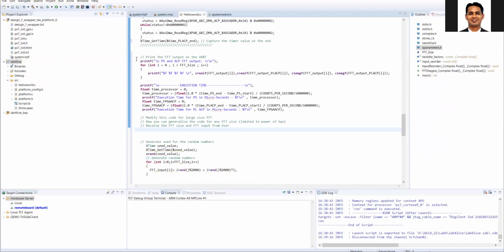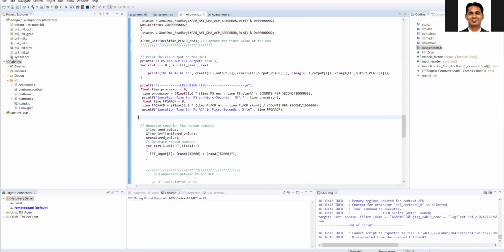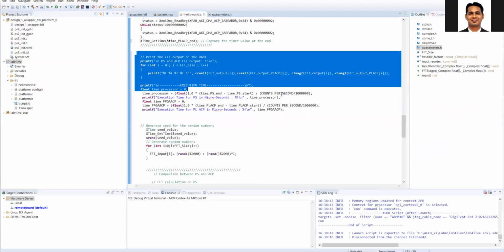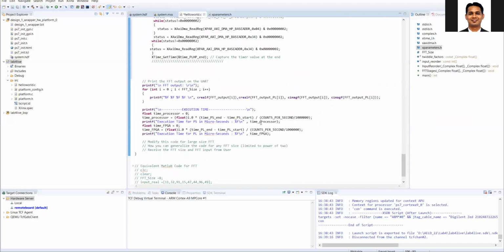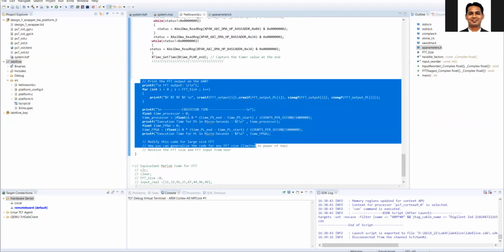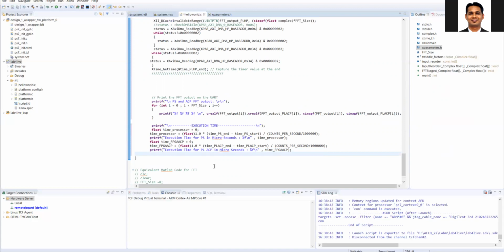Okay, so make sure the copy paste mistakes are avoided. Okay, so I'll just copy this. Okay, so this is the printf statement for the HP